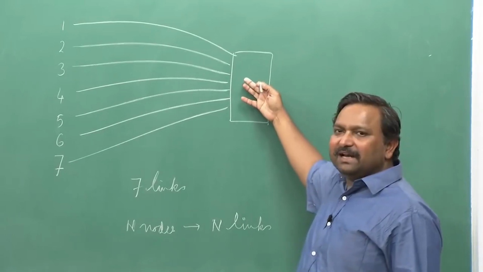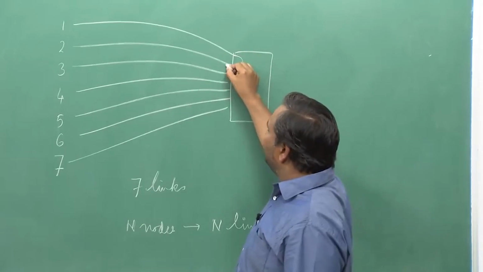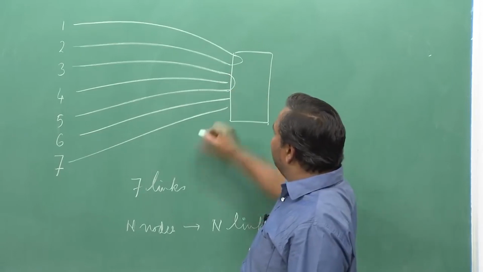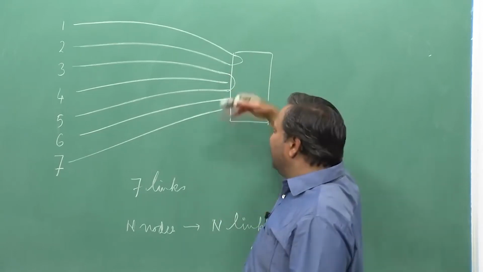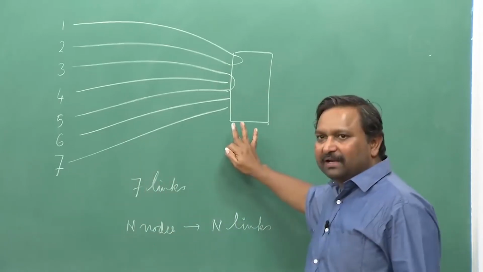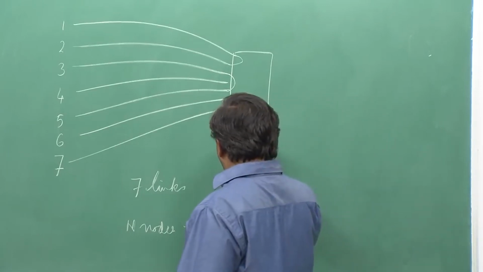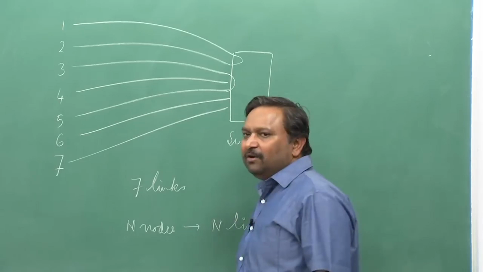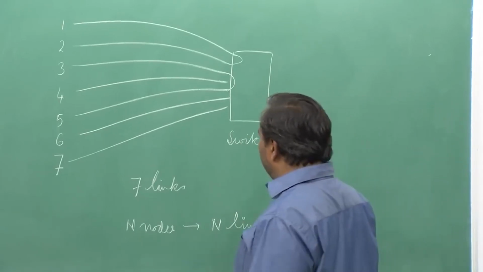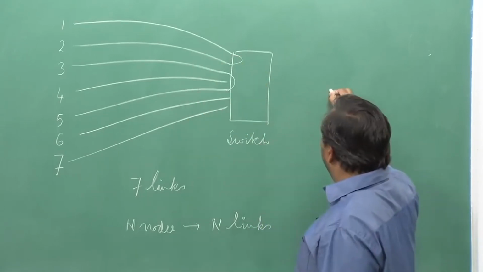So it actually means it can set up paths between various nodes. If 1 would like to talk to 2, it can set up a path between 1 and 2. If 3 wants to talk to 5, it can create a path like this. So it can create paths between pairs, and it has the capability of doing this. I am assuming this for now, and we will look into how we will implement this particular box. We call it a switch, or in telecom parlance we also call it an exchange, okay, but the generic word is switch. So for every communication I require 2 links to be occupied,